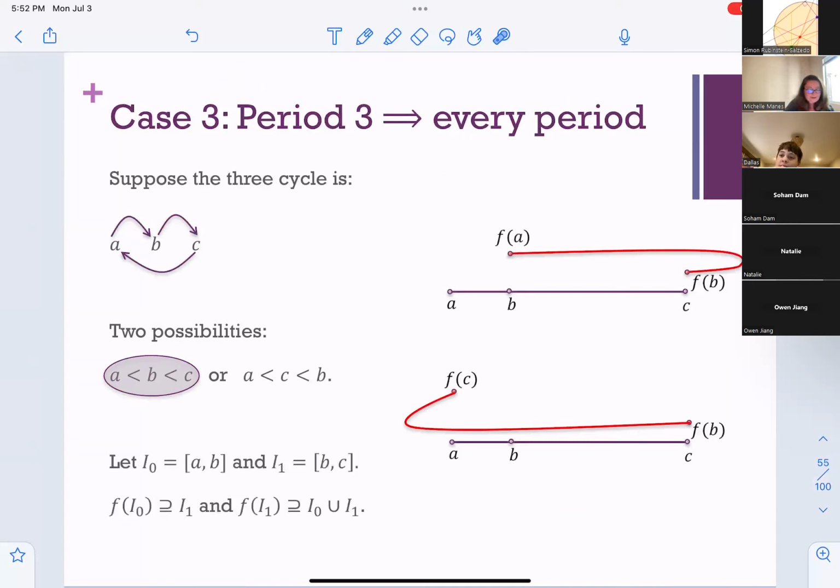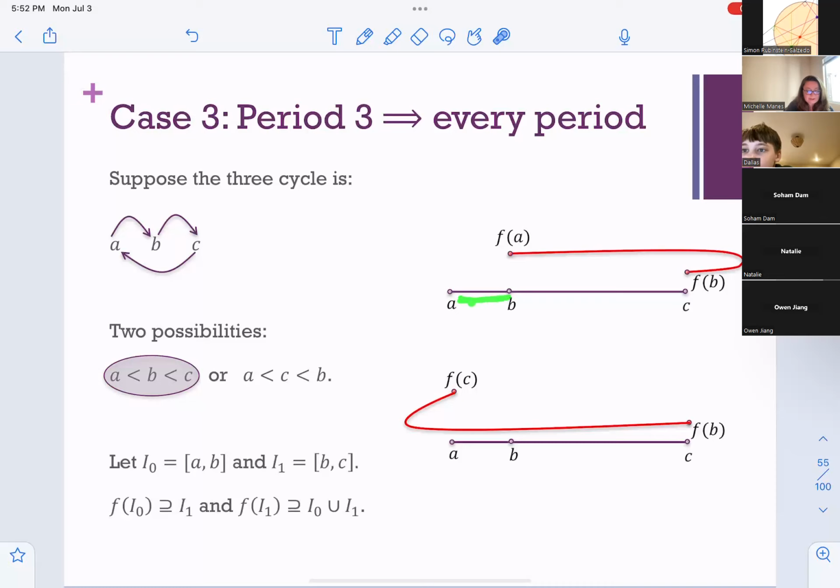Okay, so here are my intervals. I have this interval I0, which goes from A to B. And I have this interval I1, which goes from B to C. And since A maps to B and B maps to C,